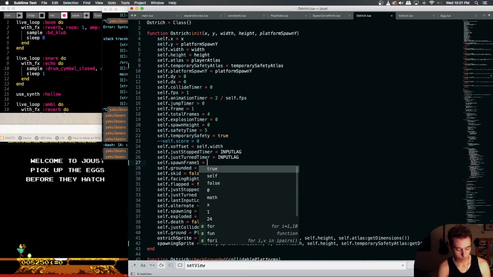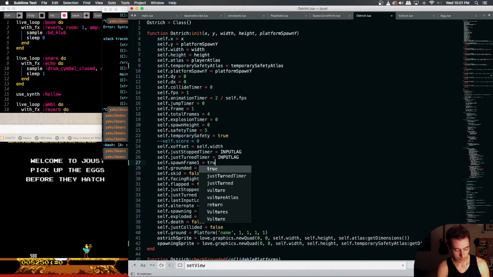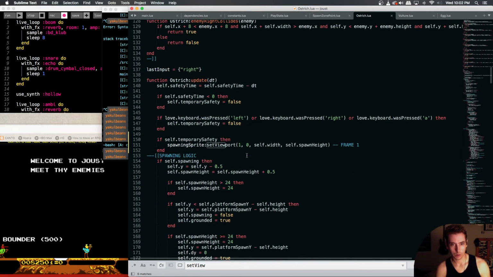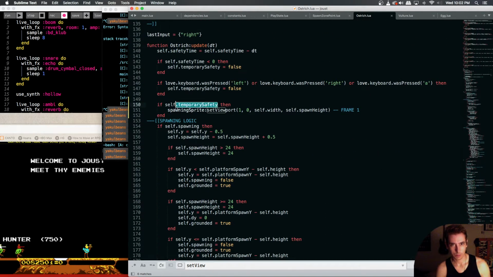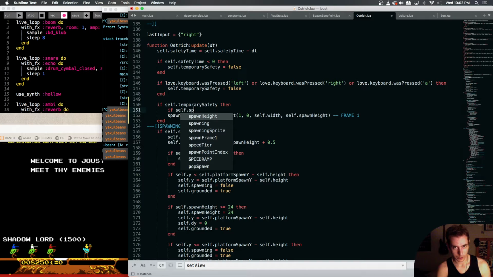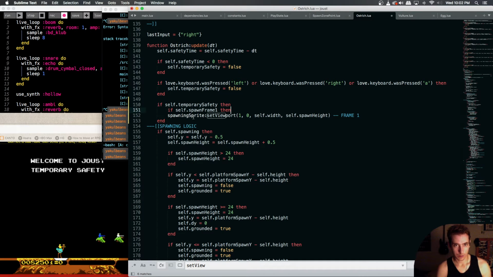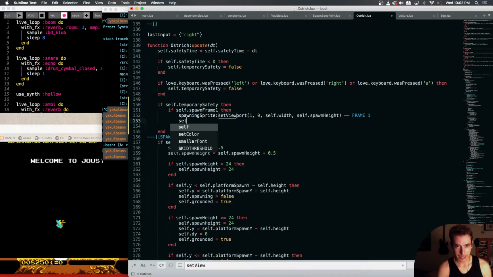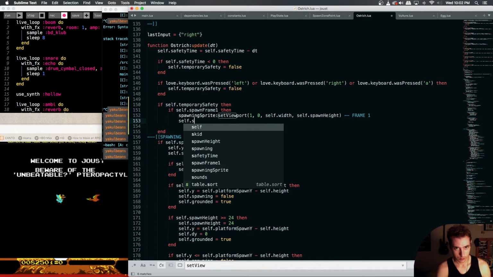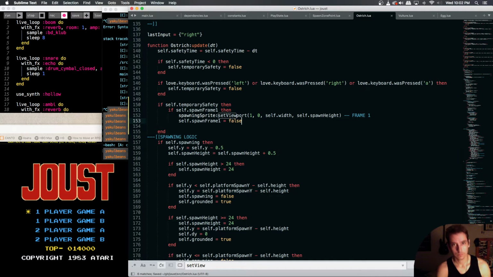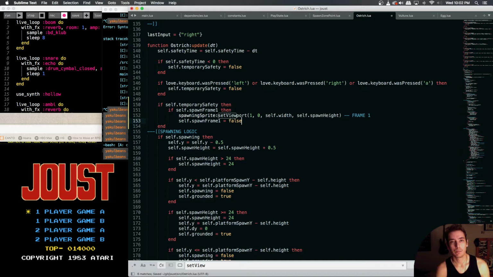So we're saying spawn frame 1 gets true initially, but then if we're in temporary safety, then if our self.spawnFrame1 is true, then we render our frame 1. And then we need to set our spawn frame 1 to be false, so that the next frame